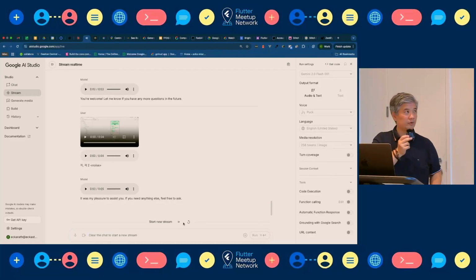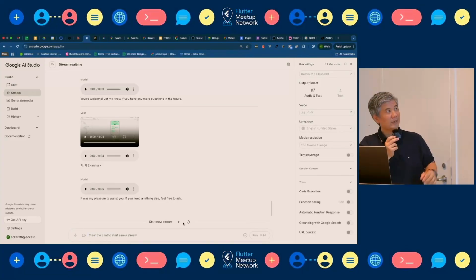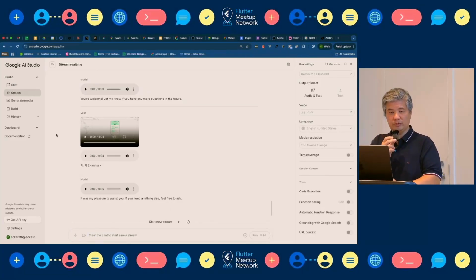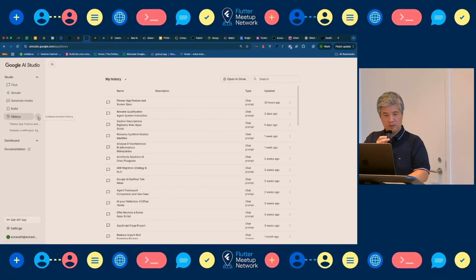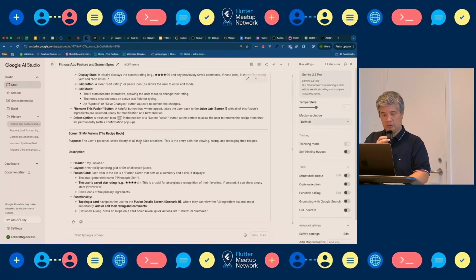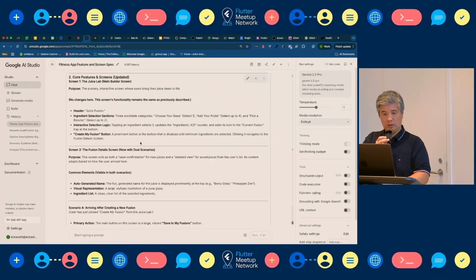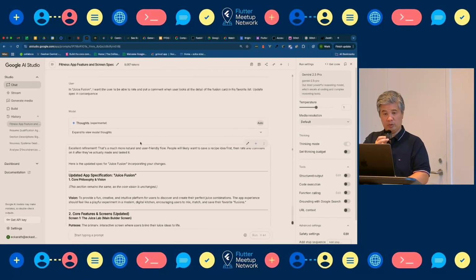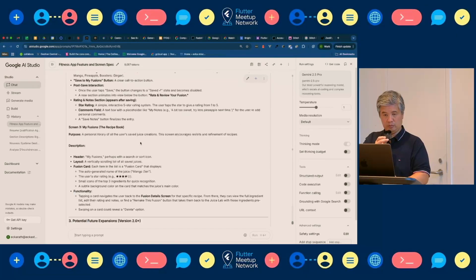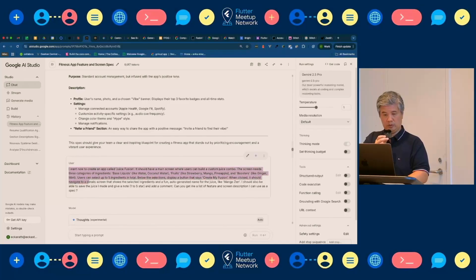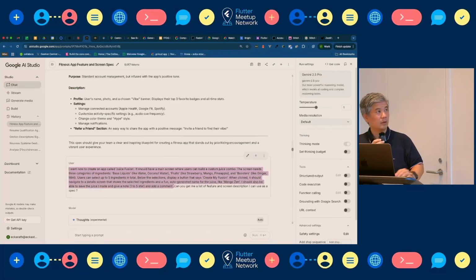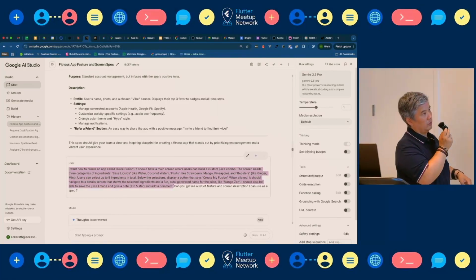It's not the purpose to demo, but what I used to use a lot this for is to build. So, for example, I use the same prompt that I used to build Juice Fusion. What I add at the end is, can you make me a list of the features of the specification?